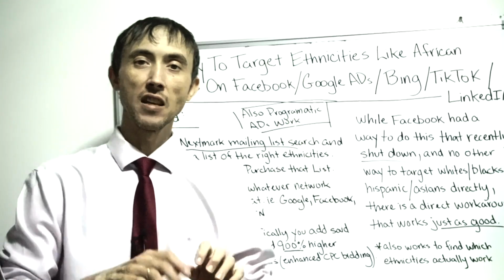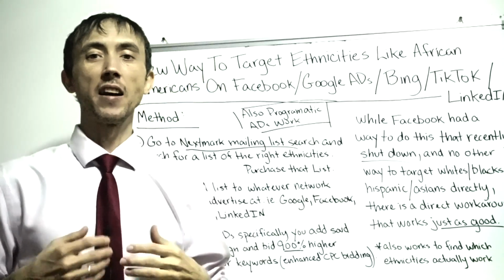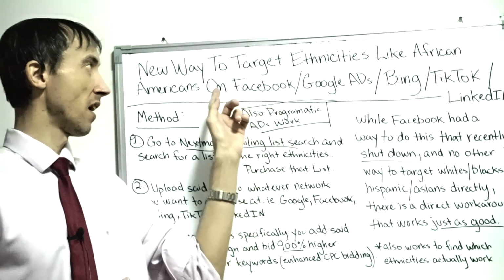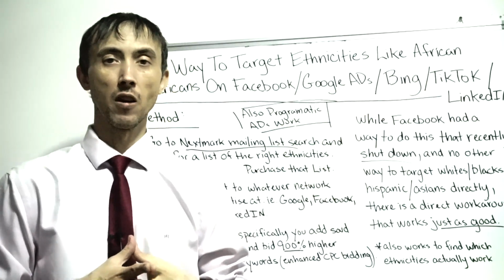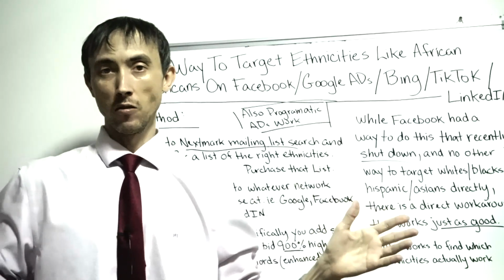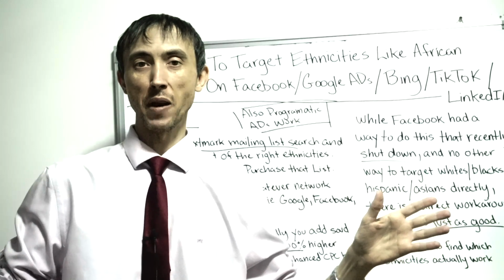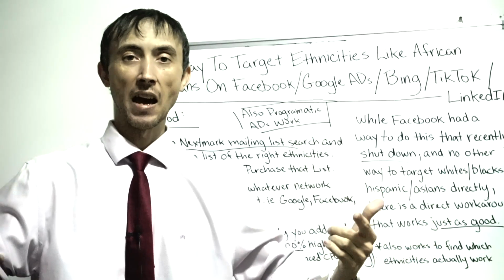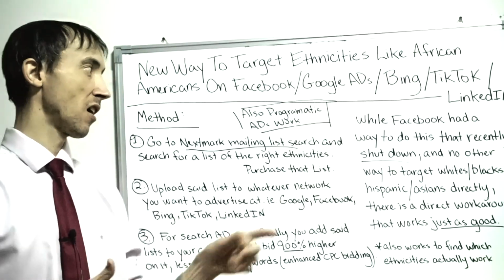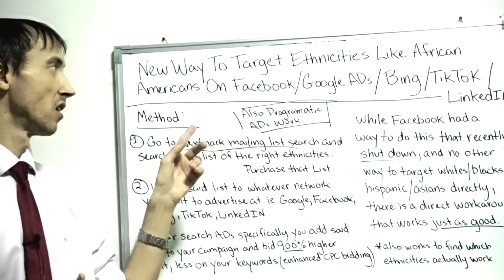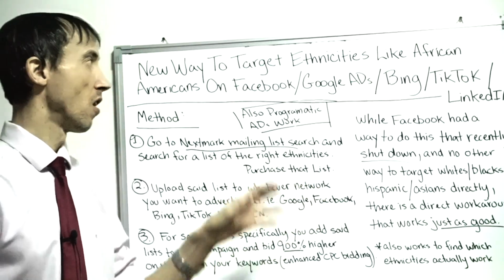You could type in ethnicity pragmatic ad networks on Google and find different outside ad networks that are not Facebook, Google, Bing, TikTok, LinkedIn to run banner ads on, so that people that are Asian on any website where you see a banner ad will be able to see your ad, and you'll know it's Asians. But I don't like that. That's my secondary option, because I like